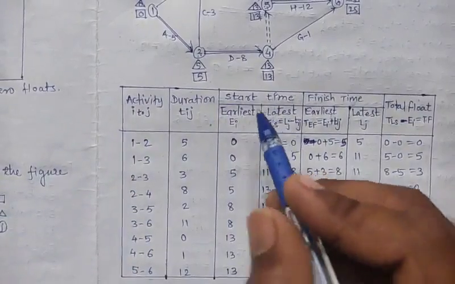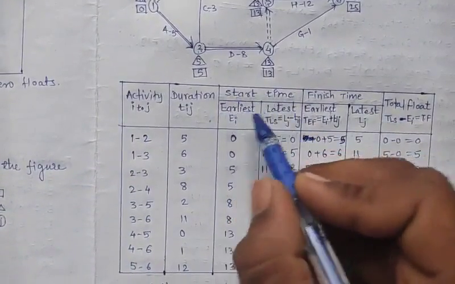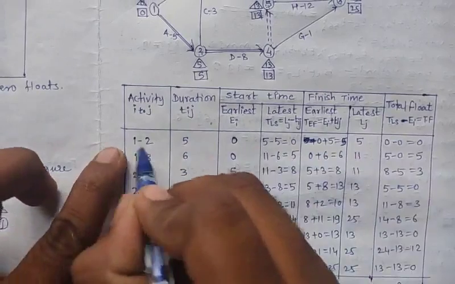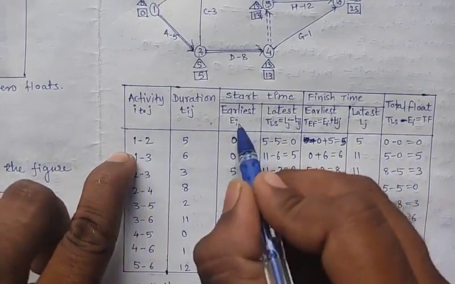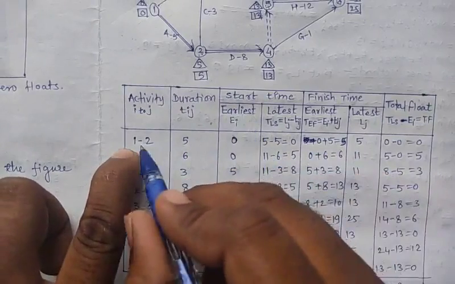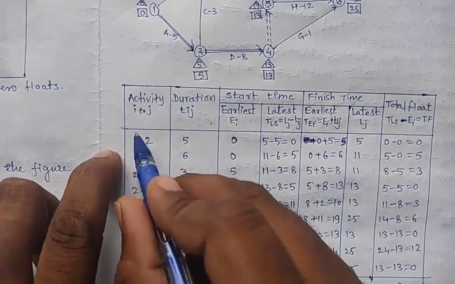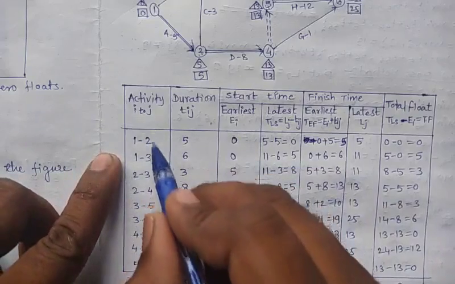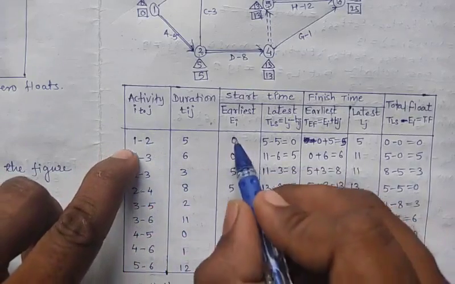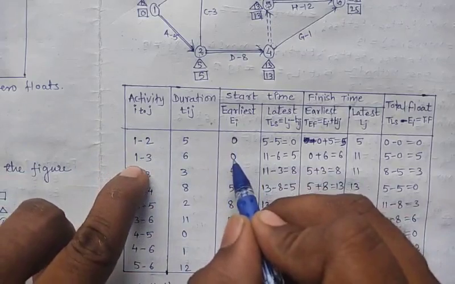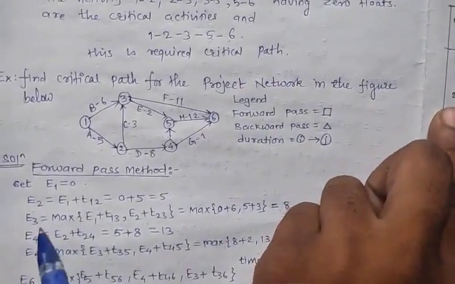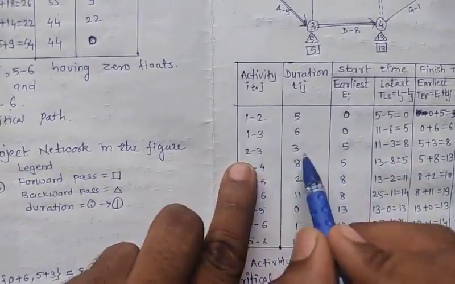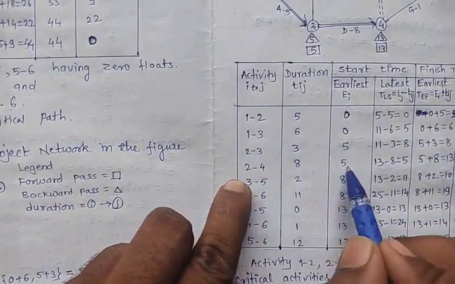Now let's calculate start time. So start time is earliest. So this is ith event and this is jth event. Okay, now this is formula to calculate earliest time, which is ei. First is ith event and second is jth event. Okay, so e1 is 0. Next e2, here e1 is also 0. Now value of e2 is 5. Okay, so e2 is 5. Next is 5 again.